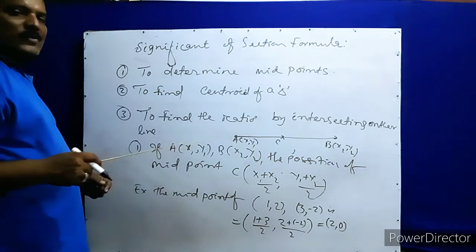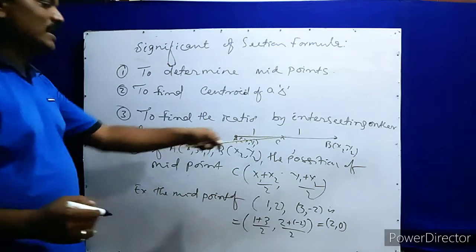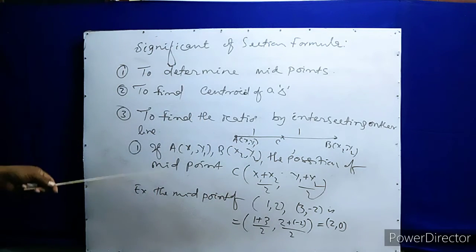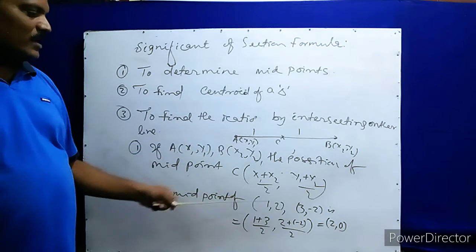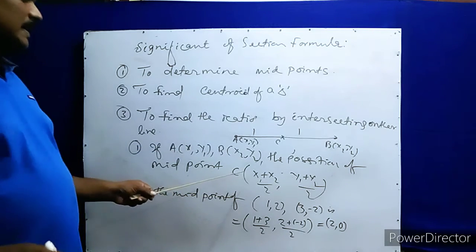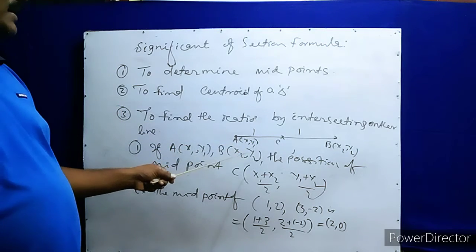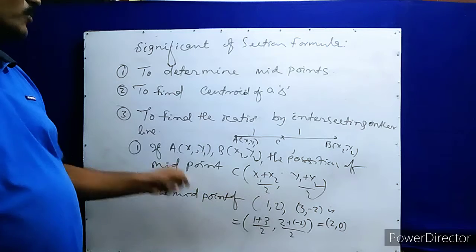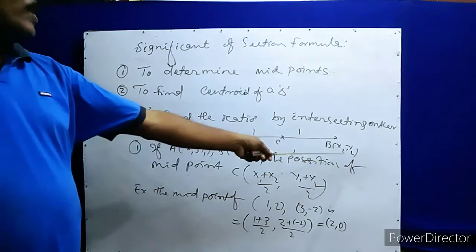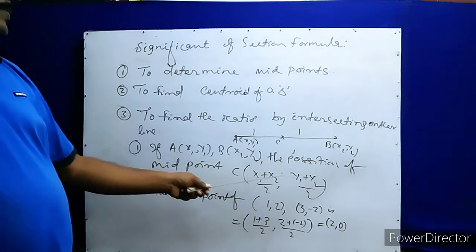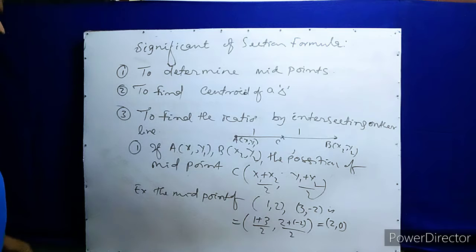For finding the midpoint, what is the ratio? The ratio is 1:1 because here it is 1 and there is also 1. So here instead of m plus n, you put 1 plus 1, that is 2. The ratios are 1:1. 1 into x2 plus 1 into x1 by 1 plus 1, that is x1 plus x2 by 2. So also for the y value it is 1 into y2 plus 1 into y1 by 1 plus 1. This is the midpoint of the 2 given points.